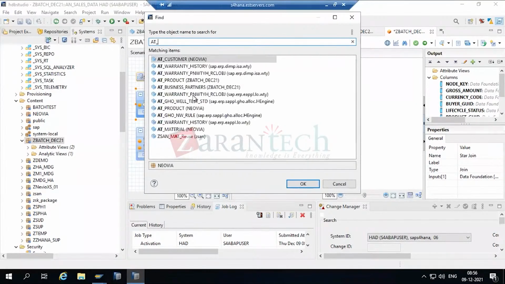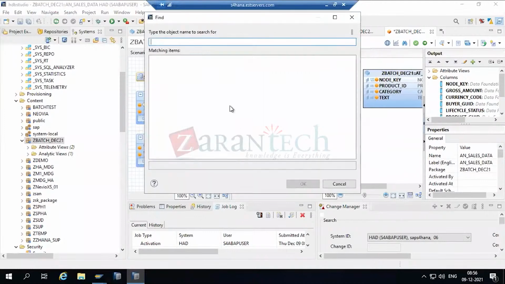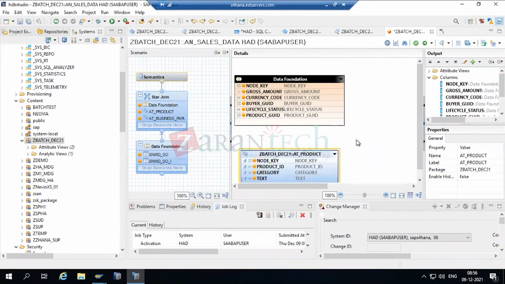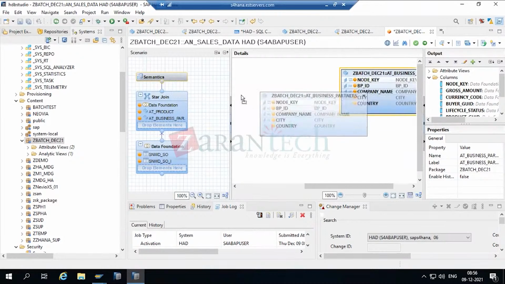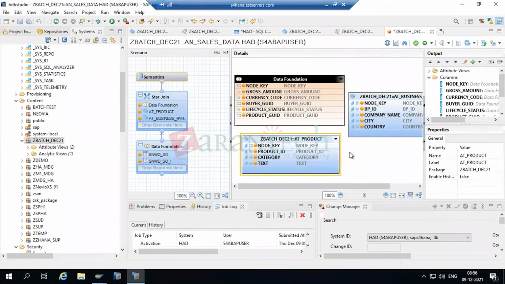What is my attribute view? AT_product, which is this one, and I'll also add AT_business_partners, this one here. Now if you see, I should have one more. So we have two master tables and we have one transaction table which we built. Okay,